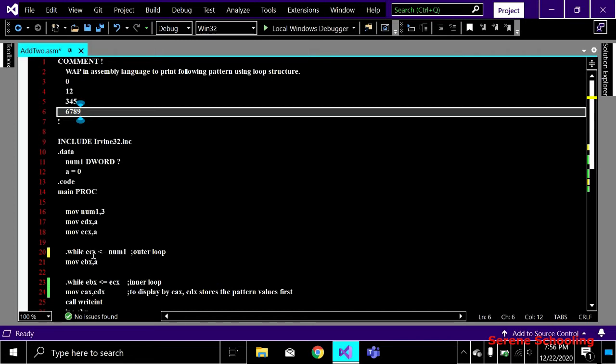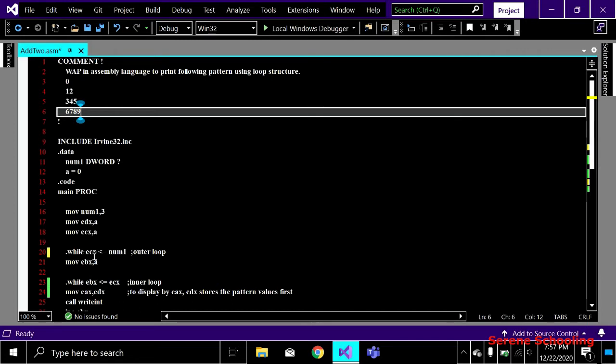And then after 0 is less than or equal to 3, we are moving 0 into EBX. Why 0 in EBX? I have told you earlier that each time we start a new row, like this is our very first row, this is also a sort of new row, so we will move 0 into that column register. EBX is our column register, ECX is our row register.